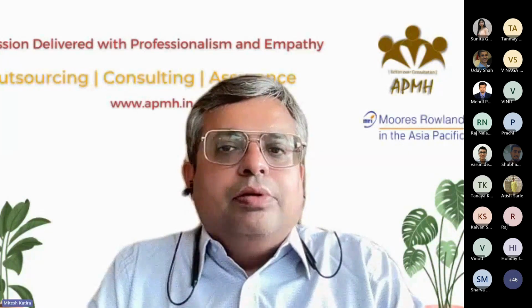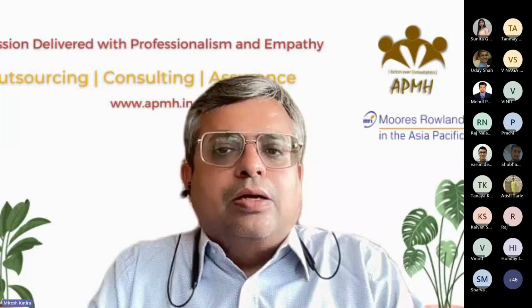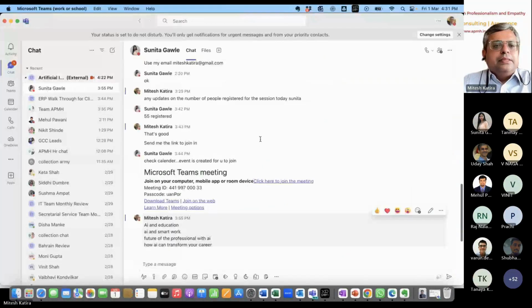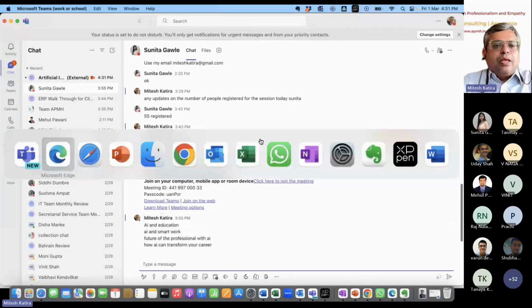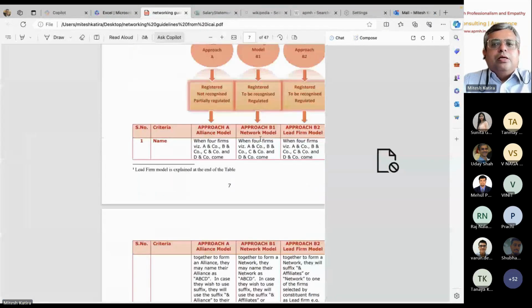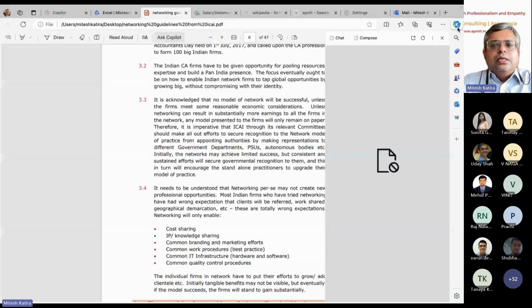Let's look at what I did with the Edge browser and the Copilot. This is a case study. Are you able to see the book, the PDF? Now I have to just click on the right hand side corner. You can see this blue color icon here. Just click here. It will open the Bing browser.